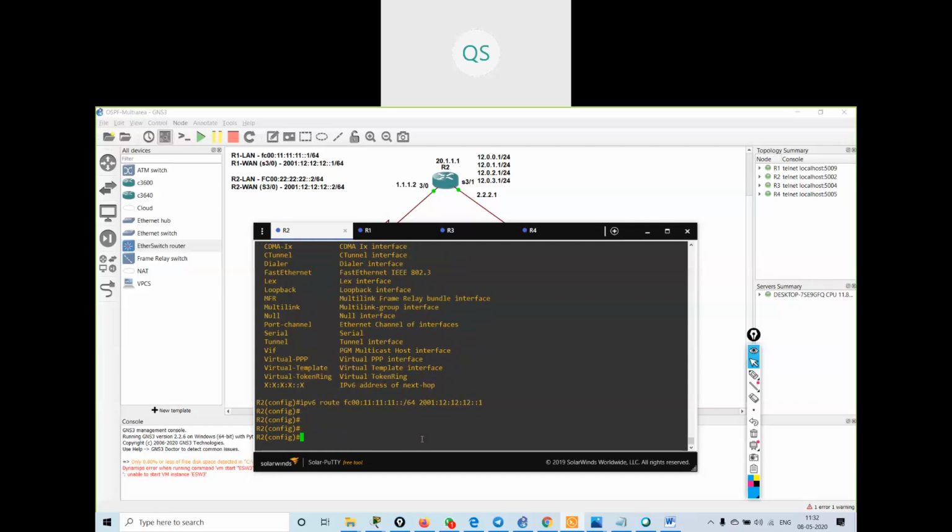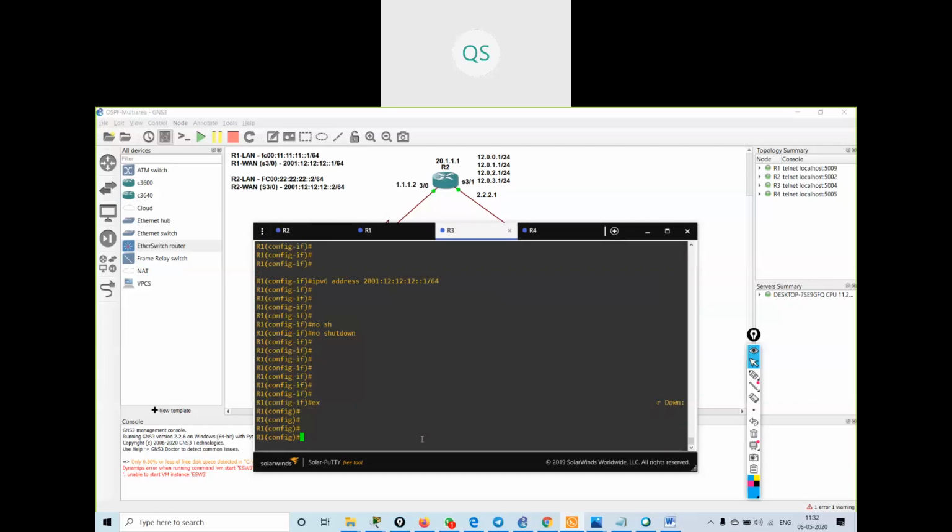Okay. Now I will go on R1's side also and say ipv6 route. I will say the destination is my FC00:22:22:22::2, or I can say /64. My next hop address will be 2001:12:12:12::2.